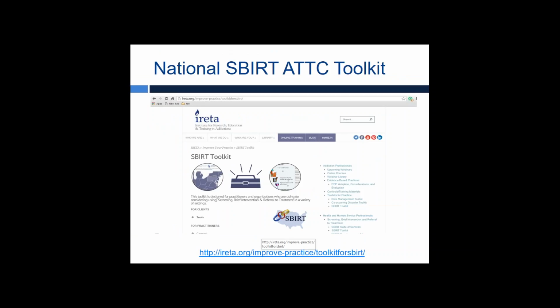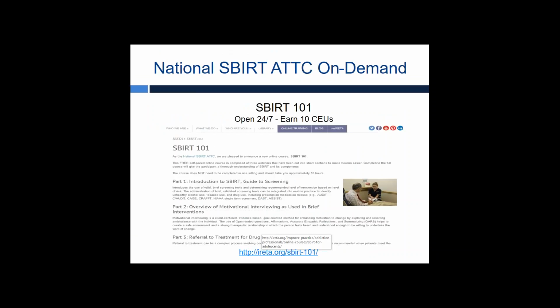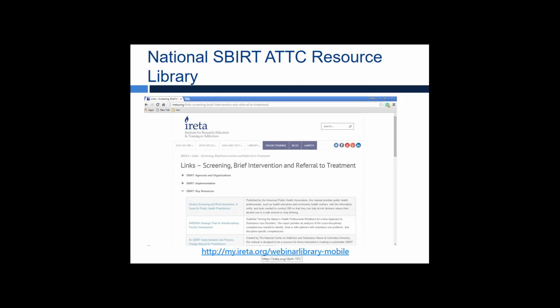So there's the toolkit. Again, please take advantage of all the free resources available to you through the National SBIRT ATTC, including an on-demand SBIRT training for adolescents, which is available for continuing education credits, and a course on SBIRT 101 that actually goes through screening and brief intervention and motivational interviewing. Those are also available to you for free. And of course, take advantage of their library. They have a wonderful library with different